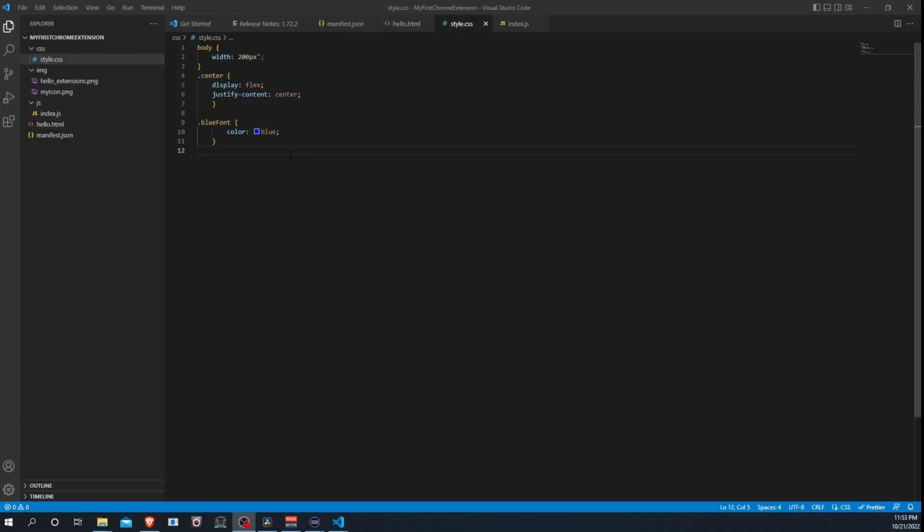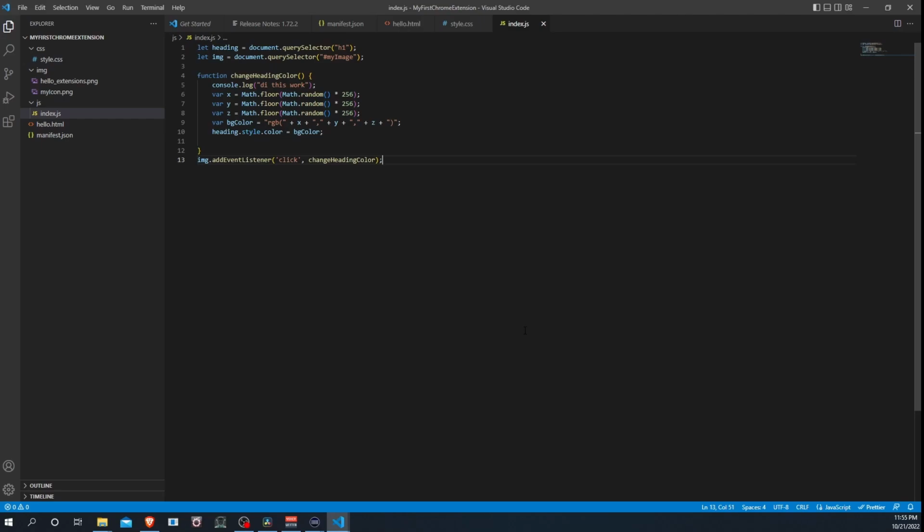So next up is the style.css. Of particular notice here is the center class, which just centers everything, and the blue font, which gives the heading a default color of blue. So next up is the JavaScript, which is the core logic of the application, and really